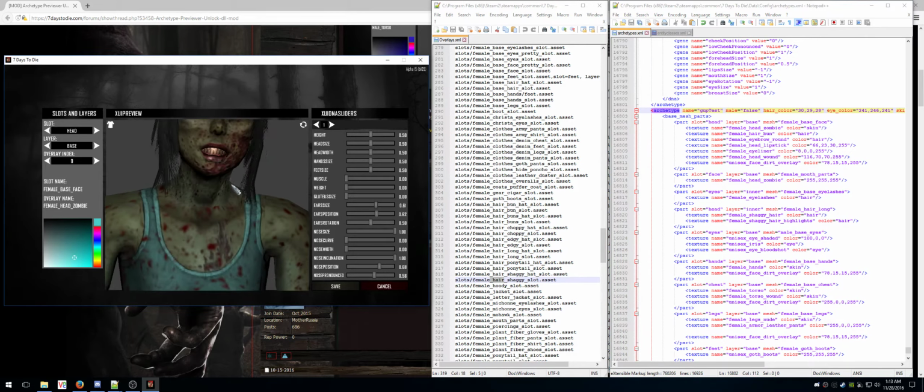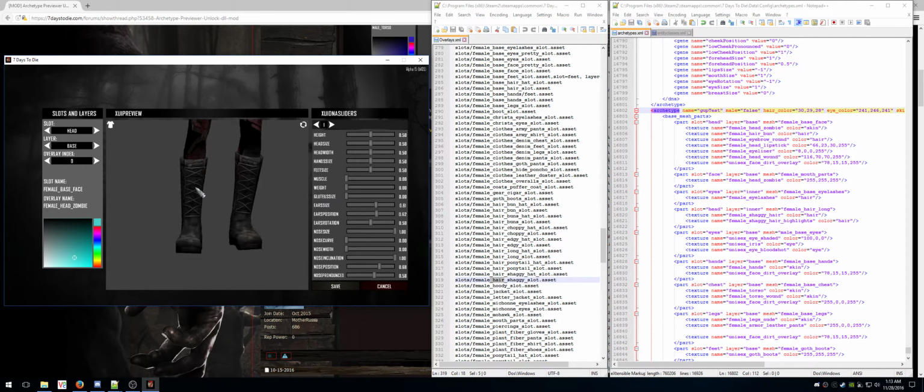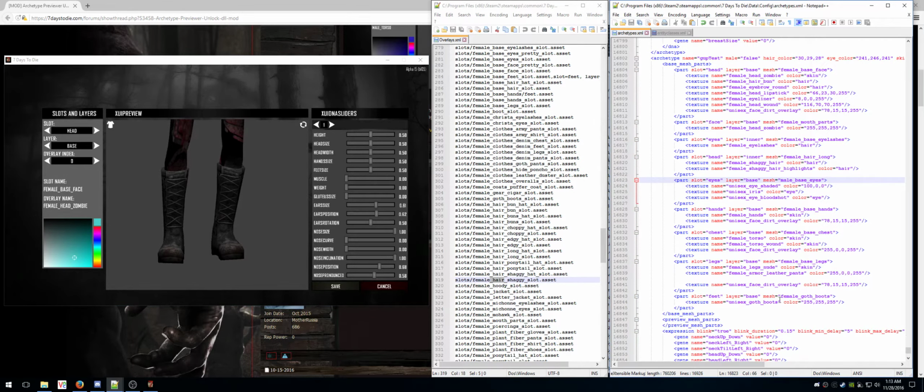First of all, am I happy with her? Those hands are kind of weird, but I want to get rid of those boots too. So let's go find her feet. So over here, we have female goth boots. Here's the problem. I can get rid of, now this part slot, the mesh, it's basically this shape. So even if I get rid of this to change it to something else,